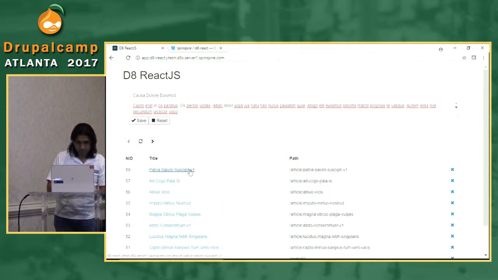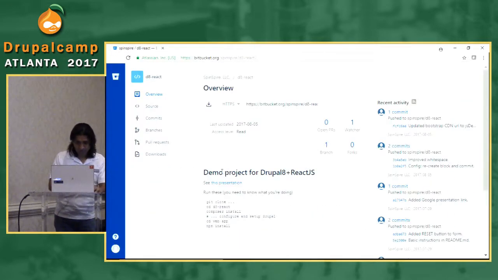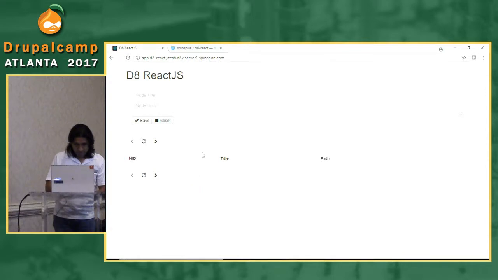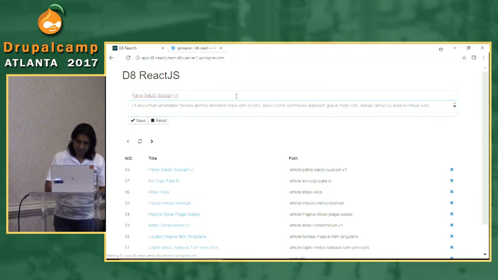Okay, so this one. I must have edited this particular node in the past. Oops, what did I just do? Sorry. Whoa, it's not refreshing. Interesting. I don't know why it didn't refresh the last time. Anyway, if I click on this row, it gets loaded up here in the form. This is a ReactJS form, and I must have edited it once in the past, so it's version 1. I just change it to V2, let's say, and if I change the body also to V2, this is obviously random content. If I hit save,